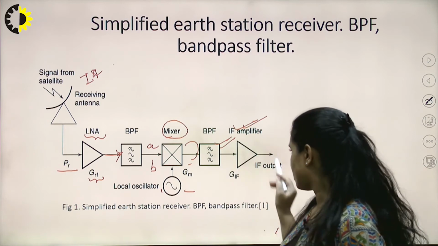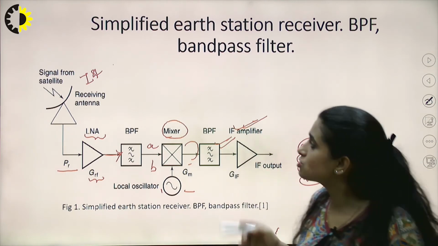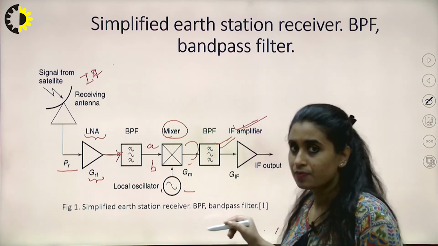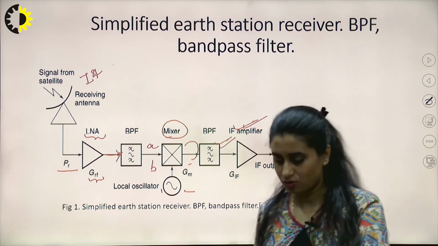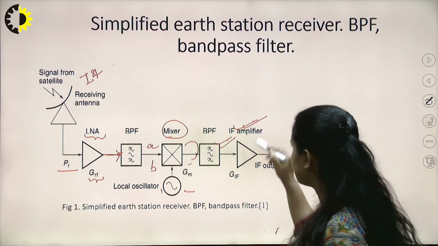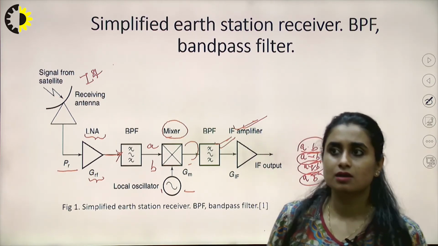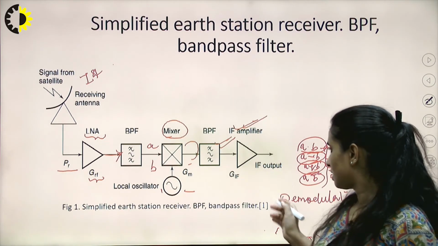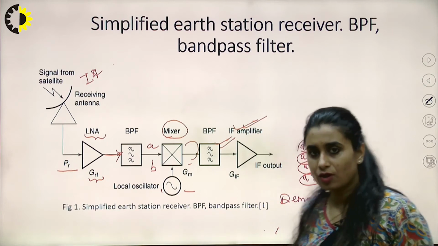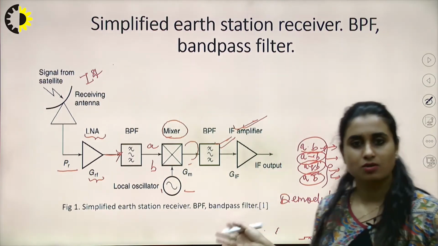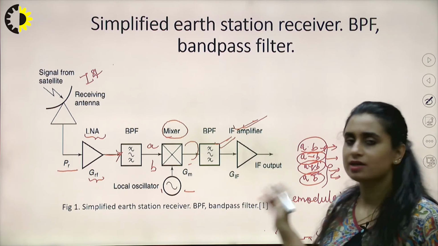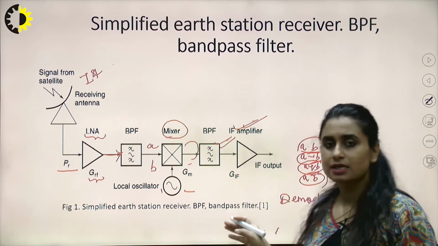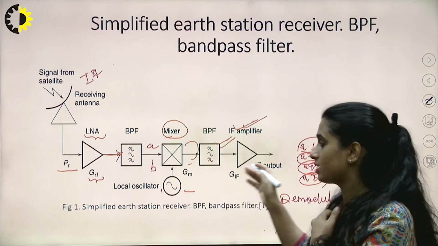Now, of course, here the demodulator section is not shown, which is not of interest for this particular subject here. But if you study communication in whole, you will see that we do have a demodulator as well. So when we talk about a complete receiver, the demodulator is an important section which cannot be ignored. Although it has not been shown here, we have to keep in mind that a detector or demodulator must be part of a receiver or a super heterodyne receiver.